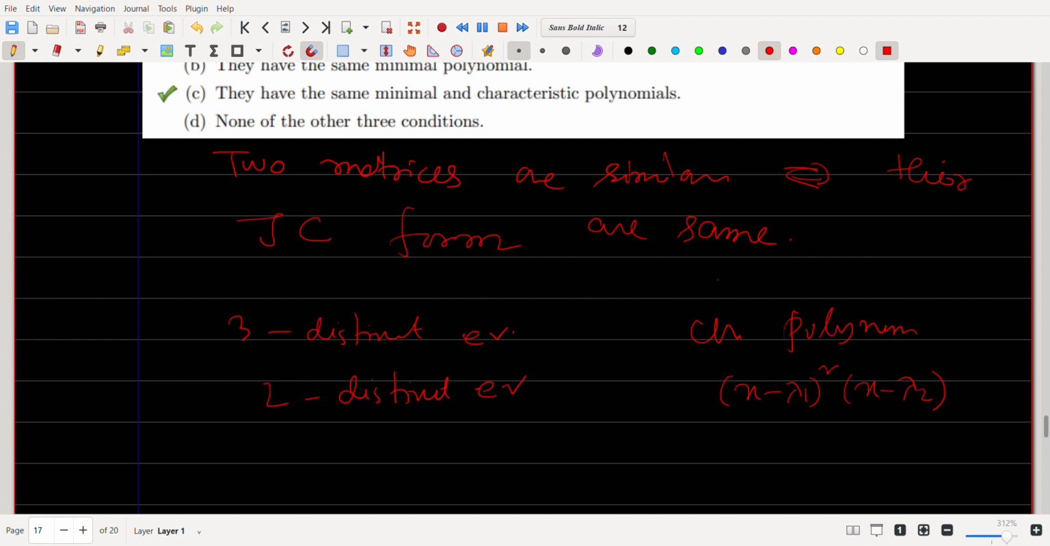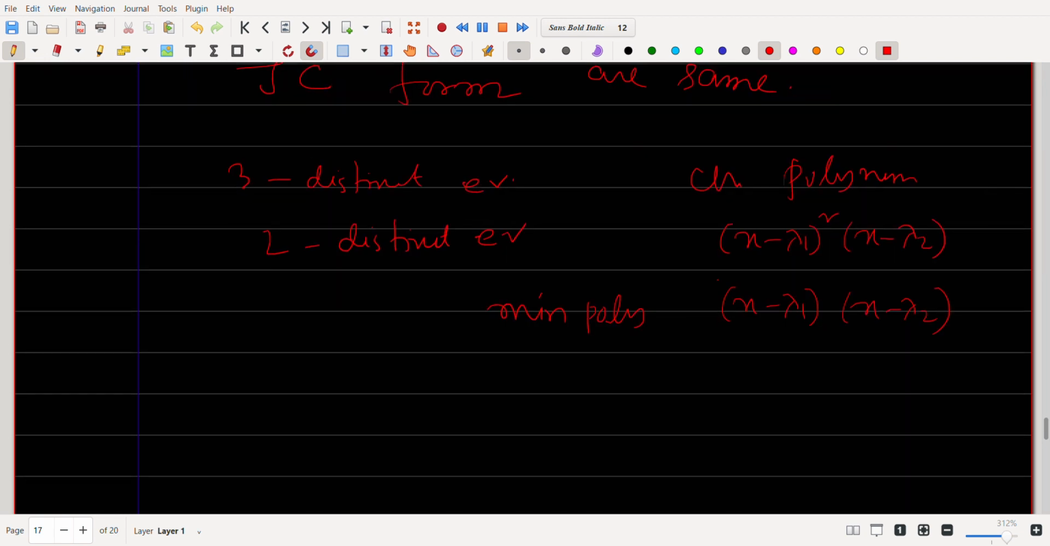So then (x - λ1)², (x - λ1)² times (x - λ2). Sorry, (x - λ1)² times (x - λ2). Okay, so fine. Now, what is the possibility of the minimal polynomial? If the minimal polynomial is (x - λ1)(x - λ2), then they are diagonalizable,